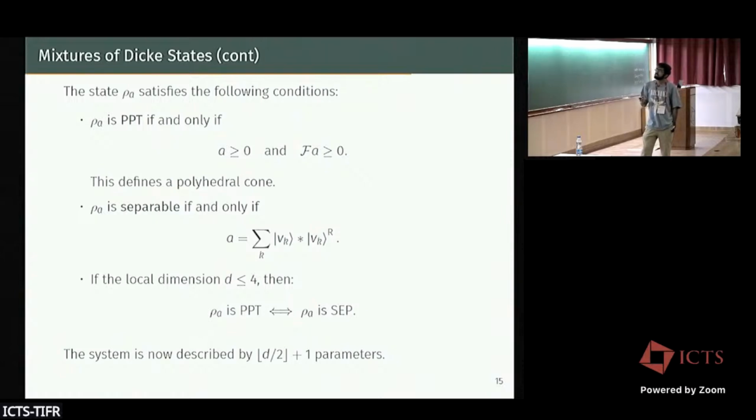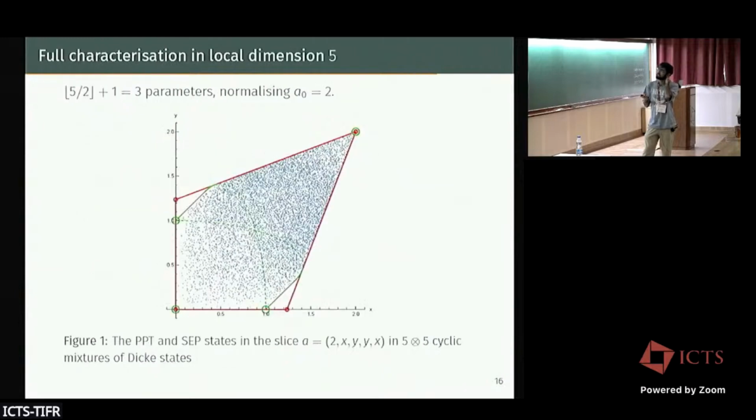And it's known that rho A is PPT if and only if rho A is separable, if the dimension is less than or equal to 4. So the first non-trivial case is dimension 5, and actually these conditions also impose some reduction on the parameters, where now the system can be described by these floor of d/2 plus 1 parameters. And for d equals 5, we have 3 parameters, and we can normalize the first parameter. And what we get is a very interesting geometry where you have